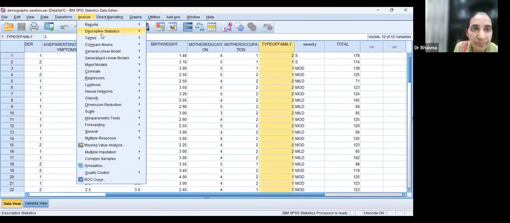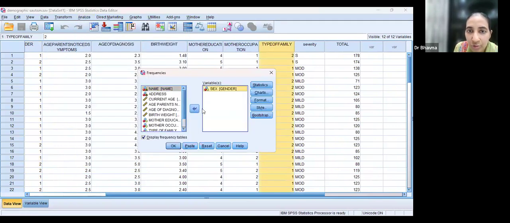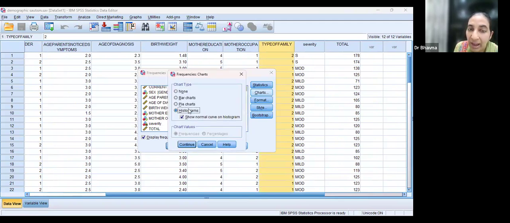We'll go to analyze. We'll go to descriptive statistics. We'll go to frequencies. I'll just throw this out. What I do is I double click on this arrow, it goes out. And whatever I want to select, I'll just scroll this down, type of family. I just select this, click on this arrow. It comes into the bracket where we analyze data. I go to charts here, okay? I cannot draw a histogram for type of family. It is a qualitative data which is telling me what are the different types of families that these patients belong to. I need a bar chart, simple bar chart, okay? With percentages this time. Let's draw this bar chart.